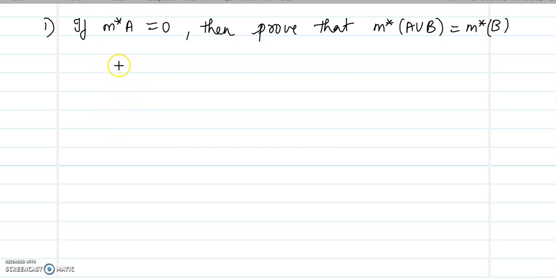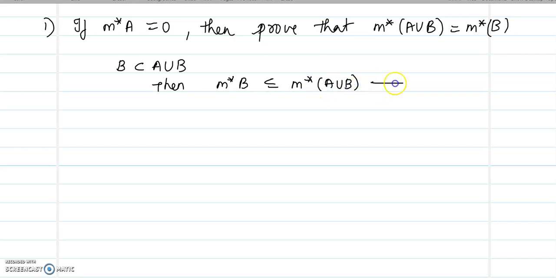So now we know that B will be contained in A union B. So therefore, by the property of outer measure, if B is a subset of A union B, then m star of B will be less than or equal to m star of A union B. So let us call this equation 1. Now by finite subadditivity